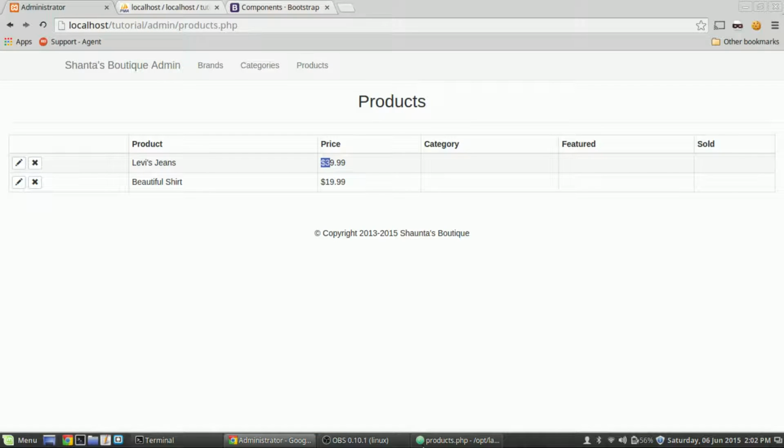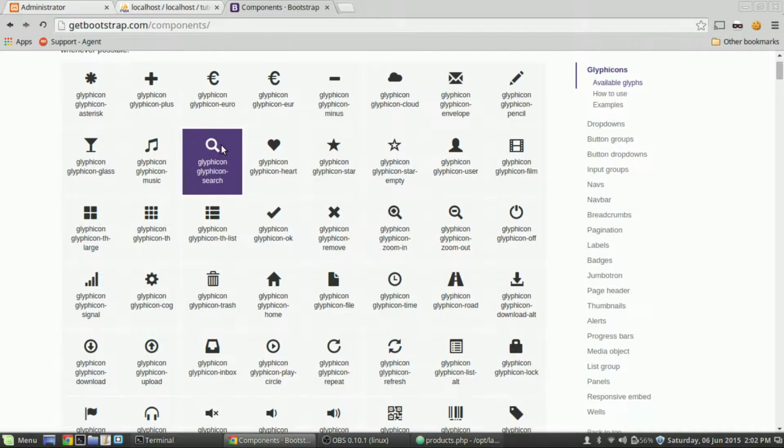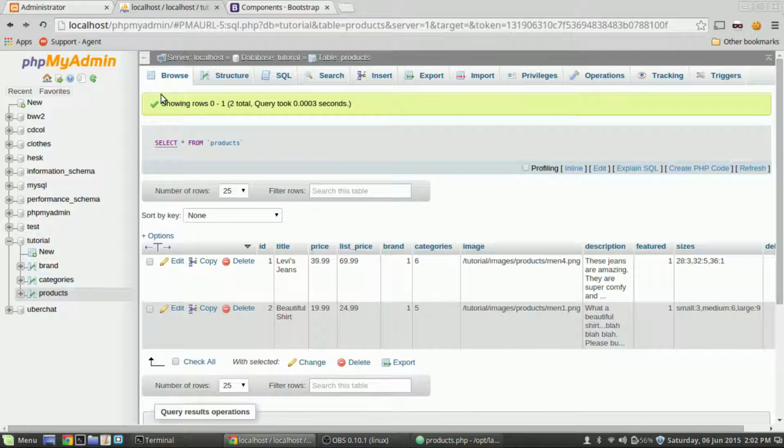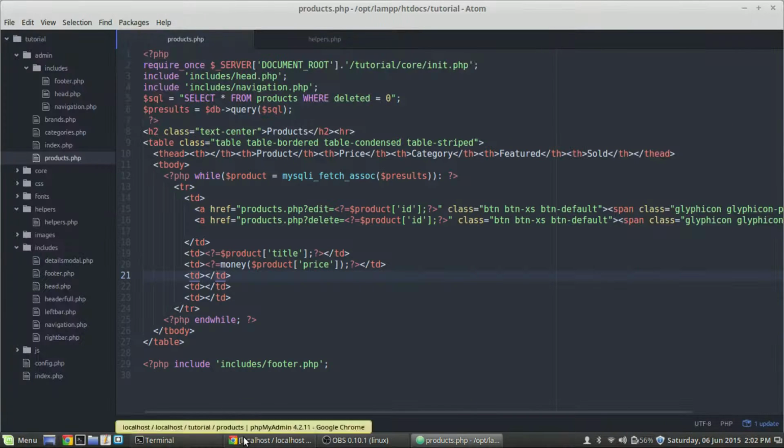We're going to skip category just for a minute, and what we're going to do is use plus and minus here. So what we're going to do is featured. We'll skip categories for just a moment because we're going to have to do some logic there. And right here, this is going to be our featured. And we have to do some logic here as well. So what we're going to do is put